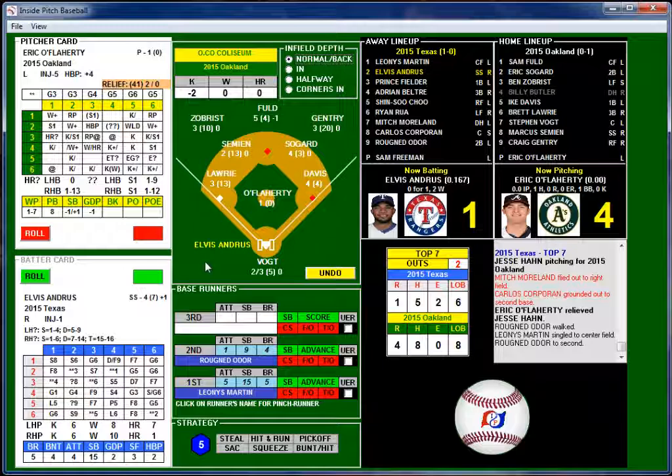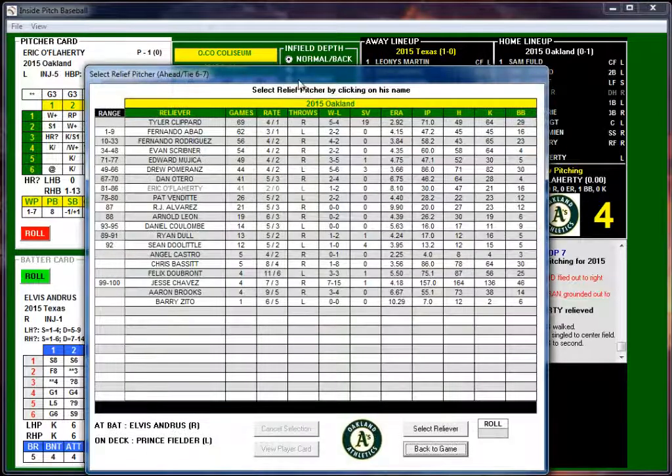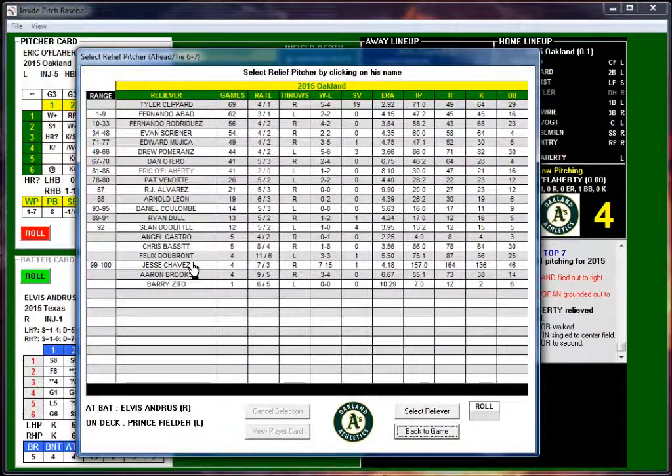Everybody clap your hands. All right, so they brought him in to get Andrus and Martin, and he got neither one of them. This guy hits much better against lefties than he does righties. So guess what's going to happen? Eric O'Flaherty. That's why he only played 41 games. I guess 41 games is pretty respectable. Was not doing the job here with an 8.10 average. Only 30 innings pitched.